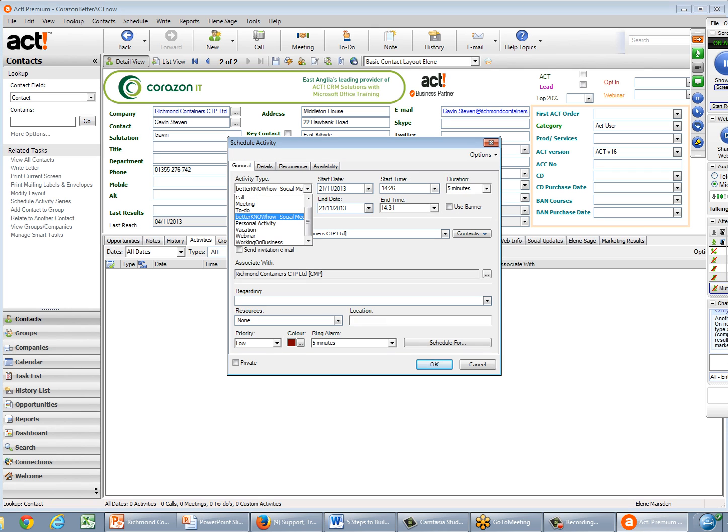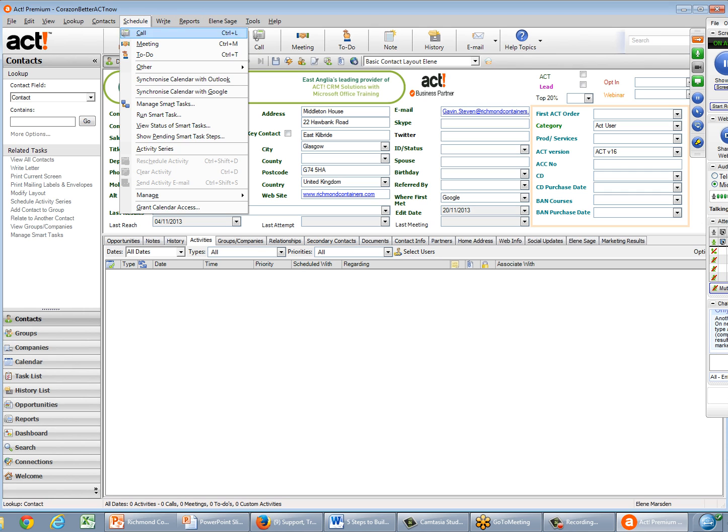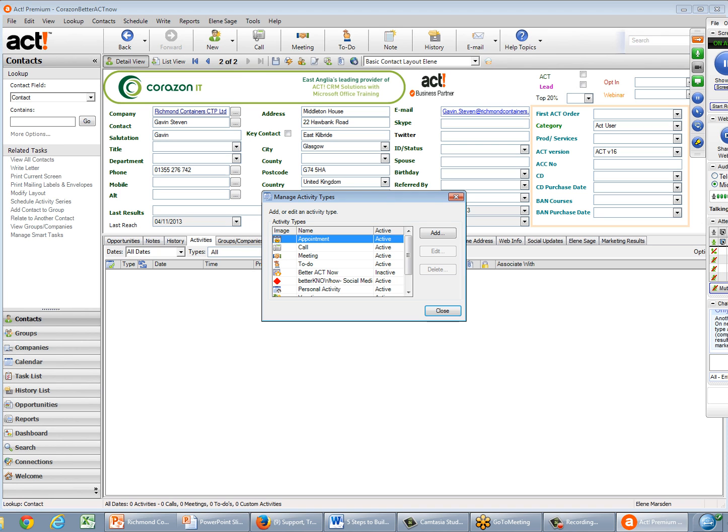So for example, I've actually been experimenting myself with these. You can have whatever activity types you want. Working on business was one that I was using for a while. So if you want to have your own telemarketing activity types, you can set them up under schedule and manage activity types, and there you can create whatever ones you want.